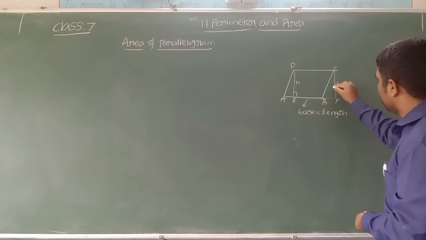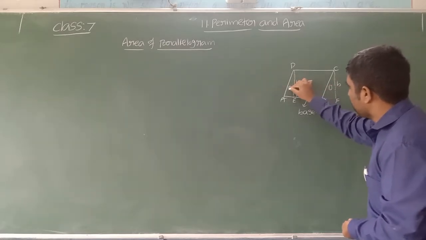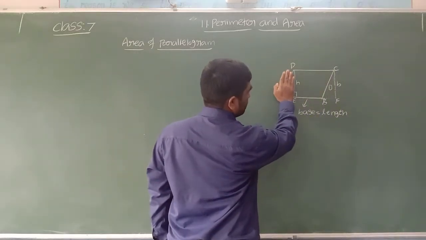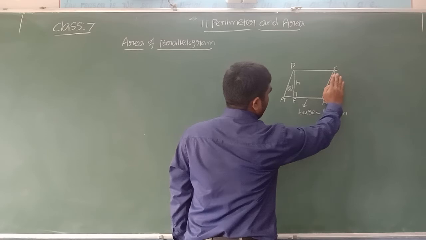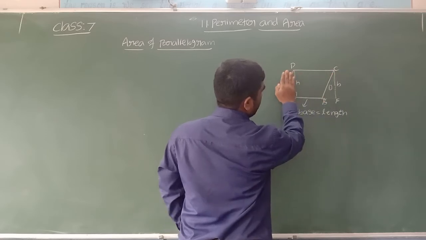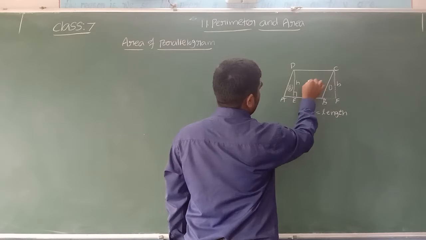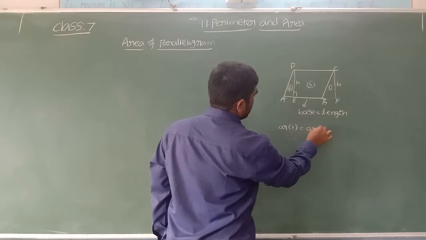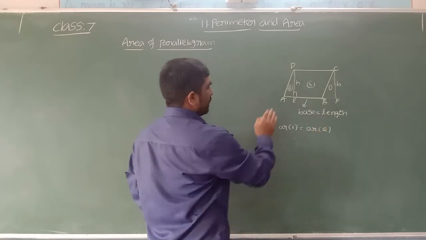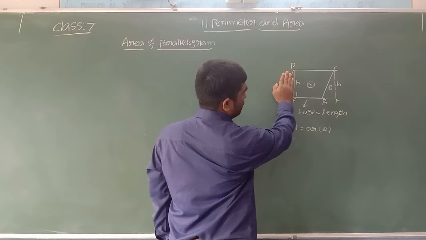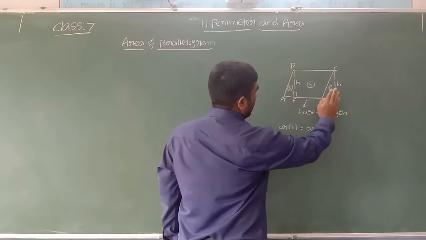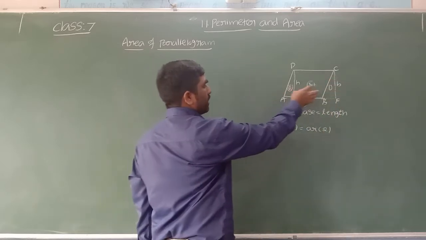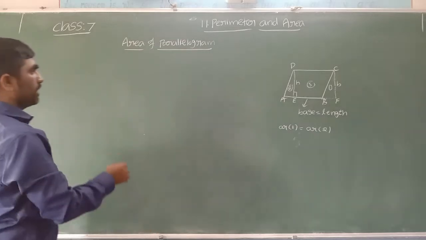So this first part if I take, this second part if I take, both are equal. It means area of rectangle is equal to area of parallelogram. Area of rectangle means what? Let me take the third part. I said here area of first part is equal to area of second part, the reason is they are congruent. Now if you see, area of rectangle is third part plus first part. Area of parallelogram is third part plus second part. However, second and first are congruent. See, let me write here.